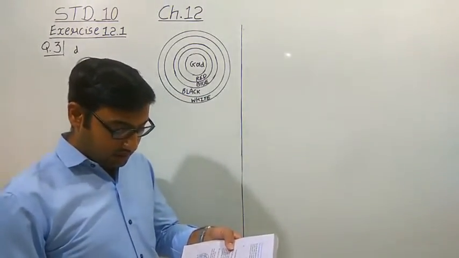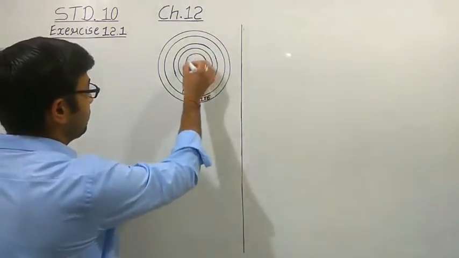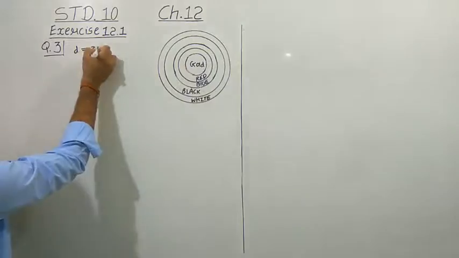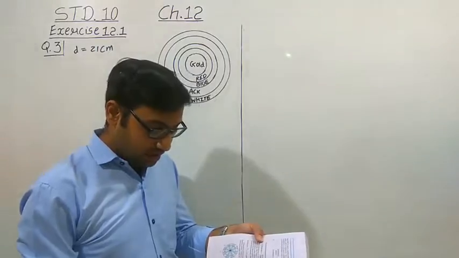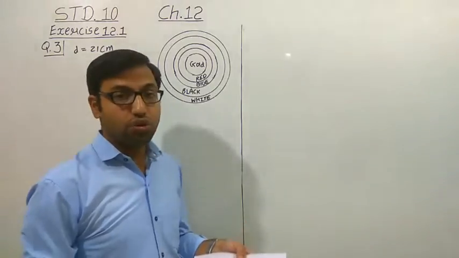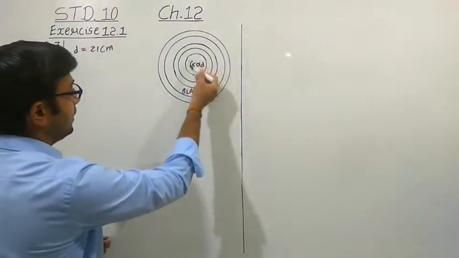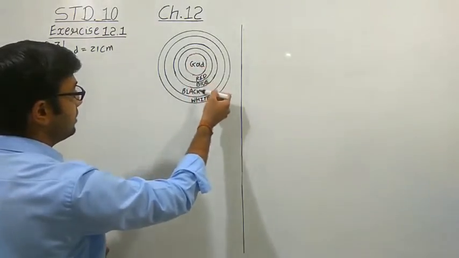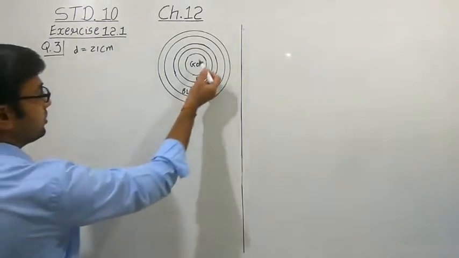The diameter of the region representing the gold score is 21 centimeter. So the diameter of this gold portion, which is a circle, is given as 21 centimeter. All the other bands are 10.5 centimeter wide. Find the area of each of the 5 scoring regions. So here we have to find the area of this gold region, then the area of this red region, then the area of the blue region, the black region and the white region. So let us first find out the area of this gold region.